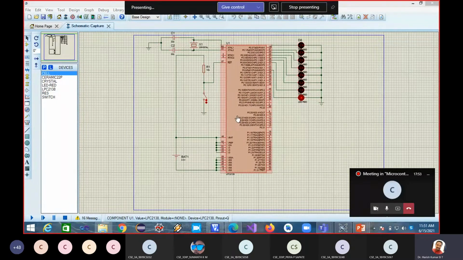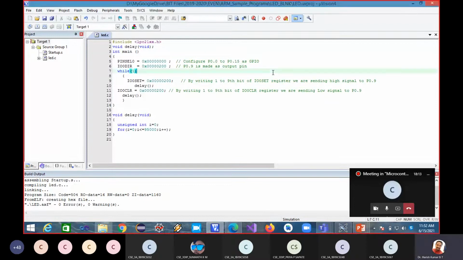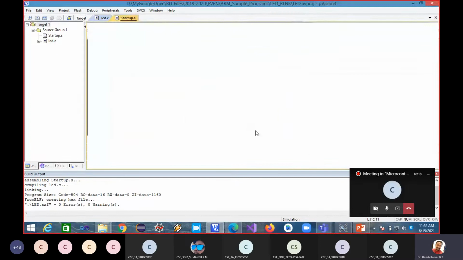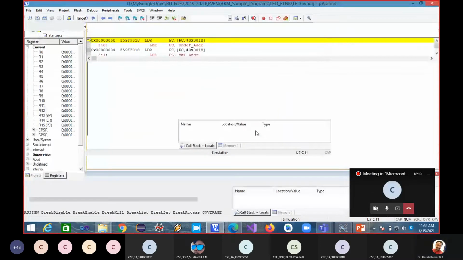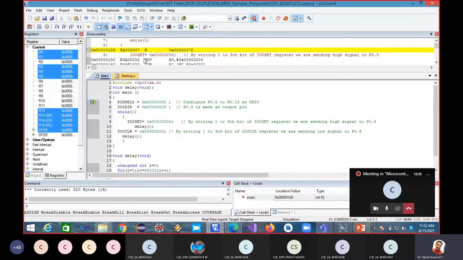But yesterday when I was explaining, I showed it as a quad inline package, but here it is slightly modified. Here it is represented something like this. Don't worry about it, but I'll show you the execution on this. Okay. Now let me go for debugging. Okay. So now I am in the debug mode.